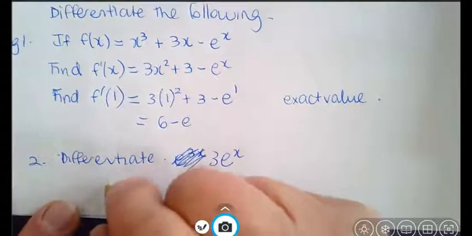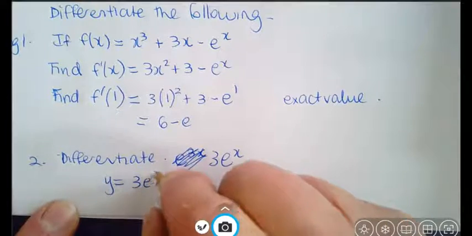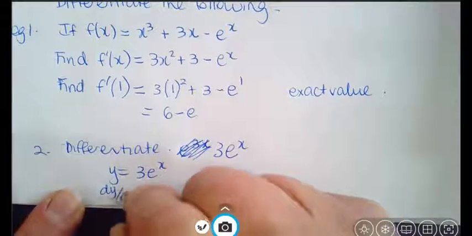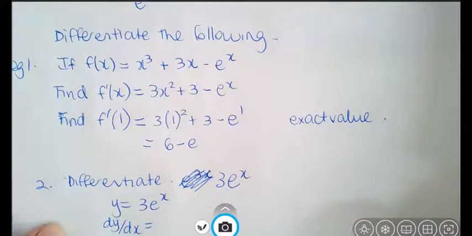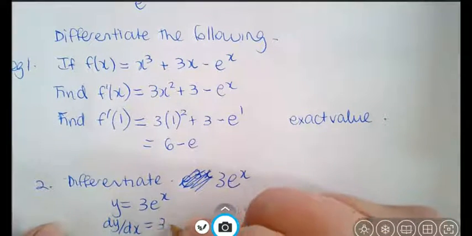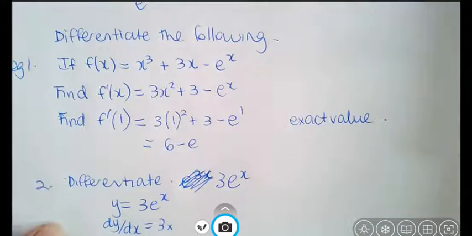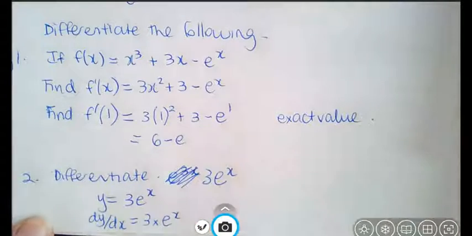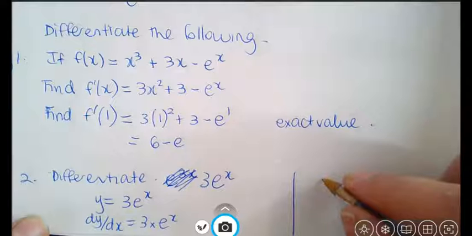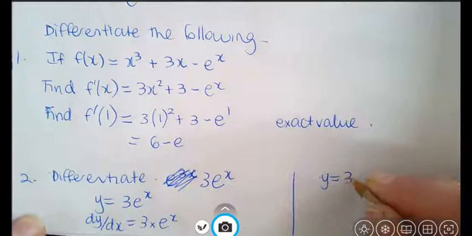So if y equals 3e to the x, then dy dx is, because the 3 is just a constant, just 3 times whatever the derivative of e to the x is. So let's say I asked you to differentiate, for example, y equals 3x squared. How